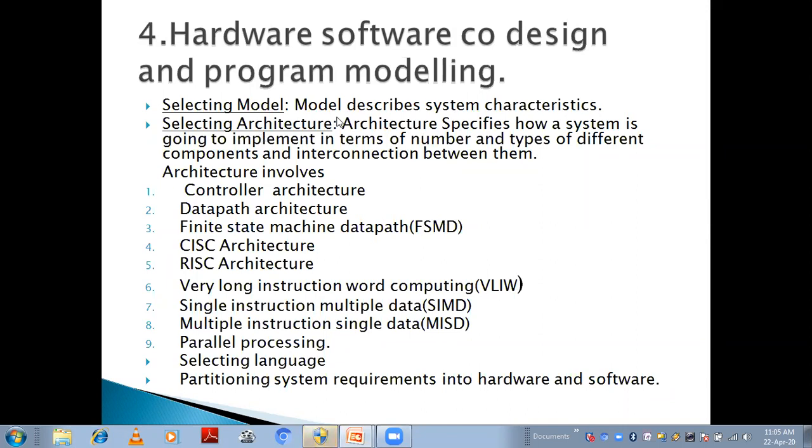Next is architecture. Architecture specifies how the system is going to be implemented. Once we characterize the system, the next step is having an architecture. Architecture specifies different components and the interconnection between them. For example, in the bus ticket printing machine, centrally I need a microcontroller for computation purposes.